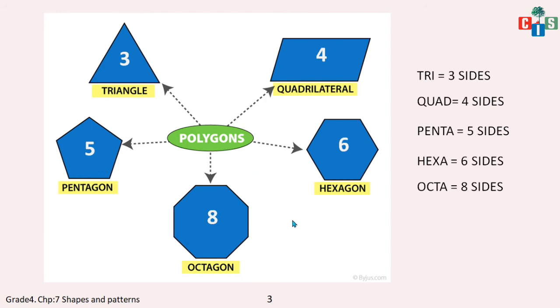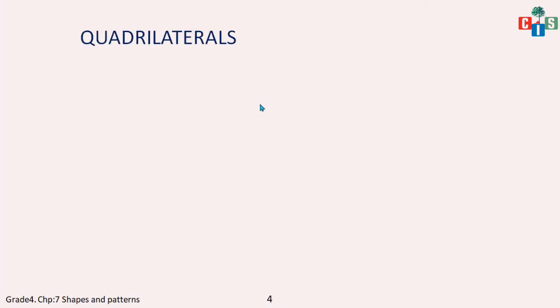And as for rectangle and square, how many sides do they have? They have 4 sides. Yes. So this rectangle and square will be included in quadrilaterals. So in this standard you will study triangle, that is the star mark I have given, and you will study quadrilateral. You don't have to study all of this. This will be in your higher standards. Okay. So we are going to see what? Triangle and quadrilaterals.